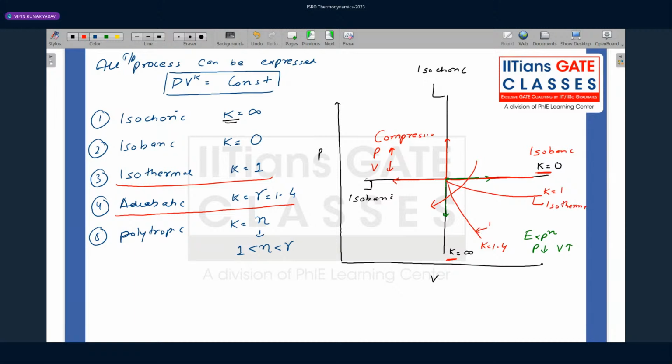And this is your adiabatic. Because you see, slope is increasing in this direction. So here slope is 0, here slope is 1, here slope is 1.4, here slope is infinite. Okay. Now let me take this